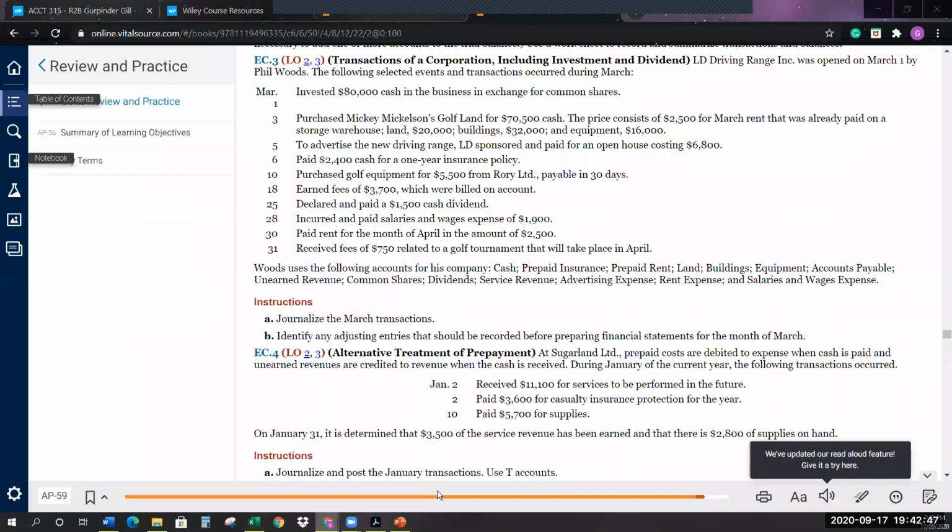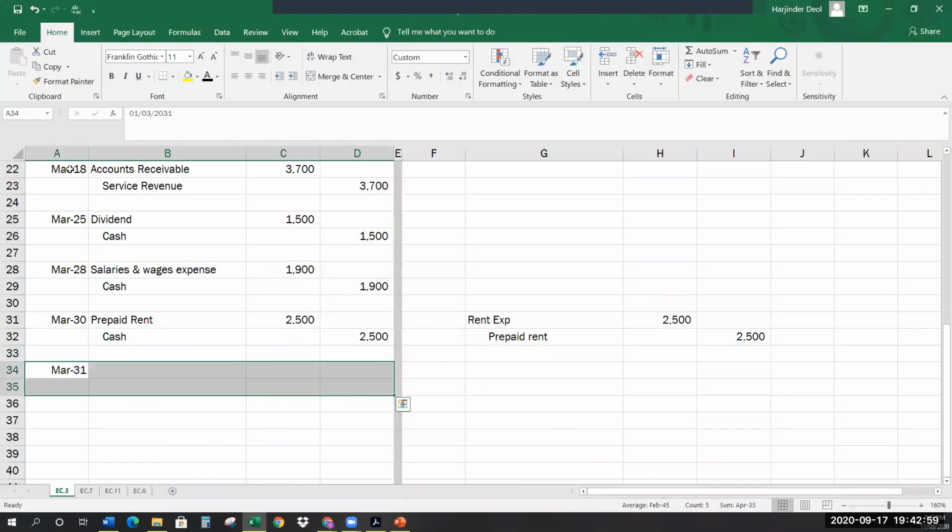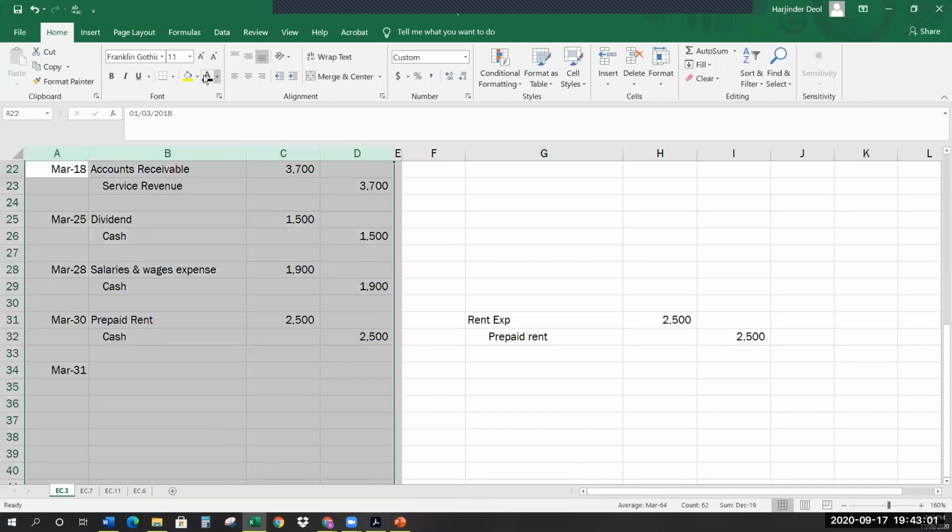Then for the 31st, we received a fee of $750 related to golf tournaments that will take place in April. This, my friends, is your unearned revenue. Revenue, cash to earn. Awesome. So debit cash, and credit unearned revenue, because this is a liability. As in, when we earn this revenue, at that point in time, we will debit unearned revenue and credit the